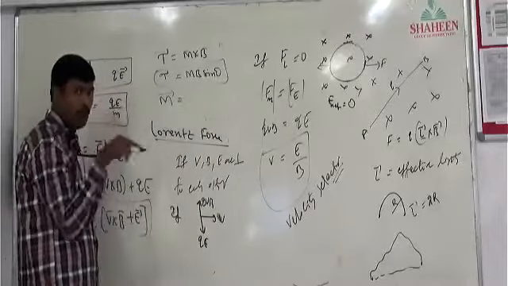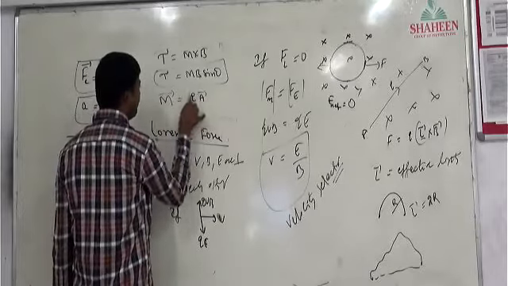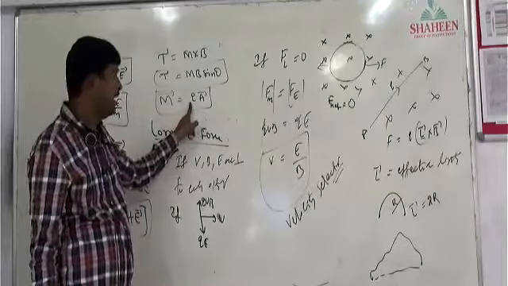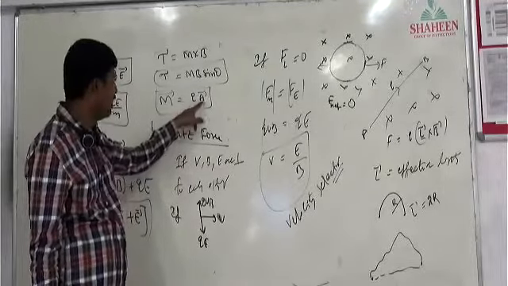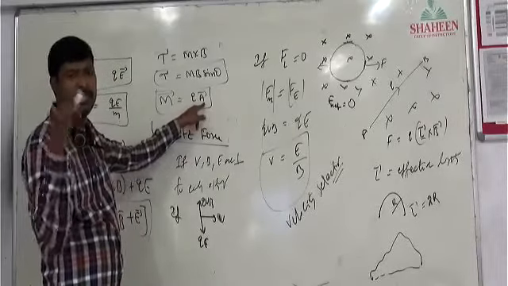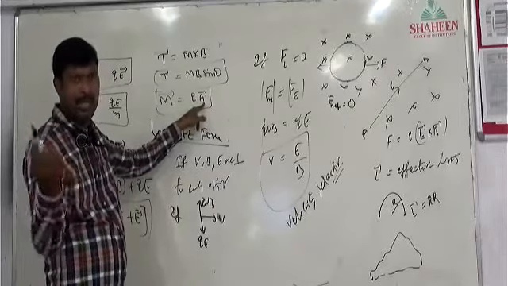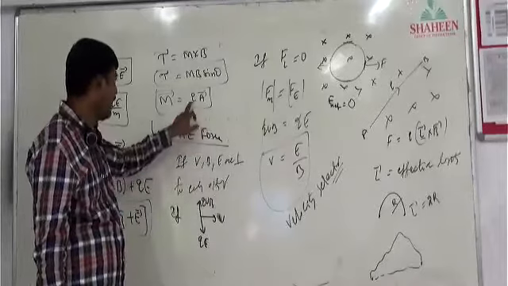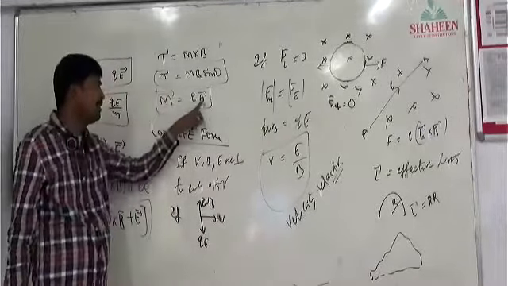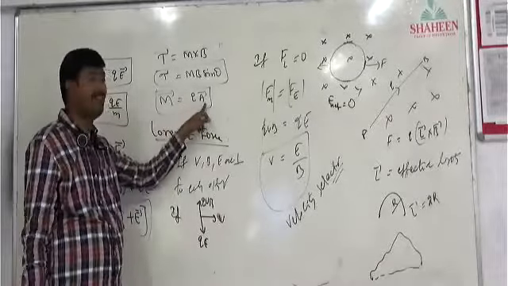M is a vector quantity. For a current loop, it is I into A. I is the magnitude of current in the loop. A is the area of the loop. For a circle, pi r square; for a rectangular loop, length into breadth; for a square, L square. I into A, where A is the area vector direction. In which direction is M bar? Along the direction of the A vector.